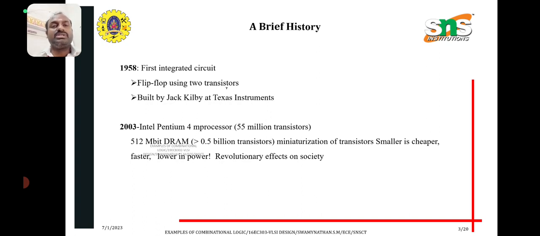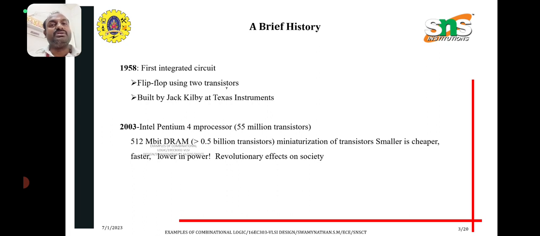We already discussed small scale integration (SSI), medium scale integration, large scale integration, very large scale integration, and ultra large scale integration. Based on the transistor connections, we decided the level of the integrated circuits. A flip-flop uses two transistors and was built by Jack Kilby at Texas Instruments, and the Intel Pentium 4 microprocessor, 512 megabit DRAM,